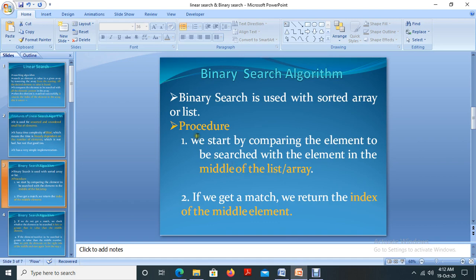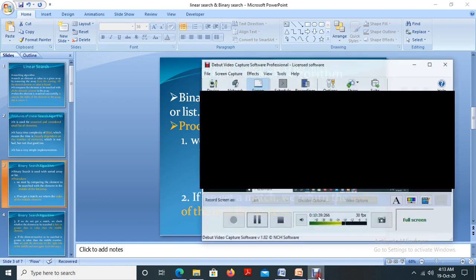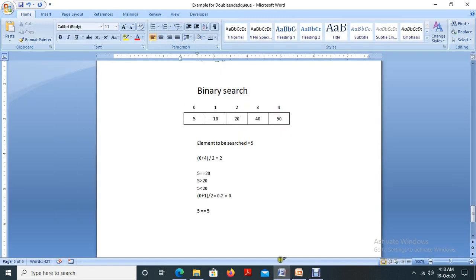So the procedure is we start by comparing the element to be searched with the element in the middle of the list or array. The first step of the procedure is to find the middle element.